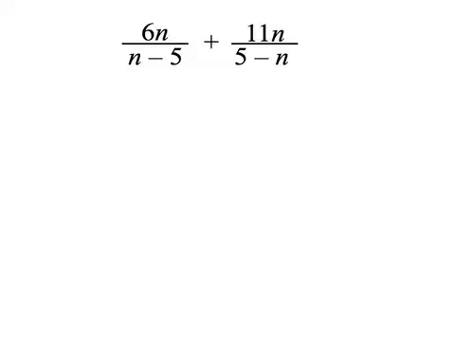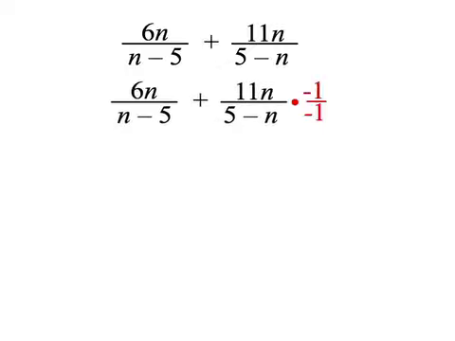In this lesson, we're going to simplify an expression 3 different ways. And of course, this expression is the sum of 2 algebraic fractions with unlike denominators. But on close examination, we can see that those 2 denominators are opposites of one another. So the best way to do it is to select one of the 2 fractions and multiply that fraction by